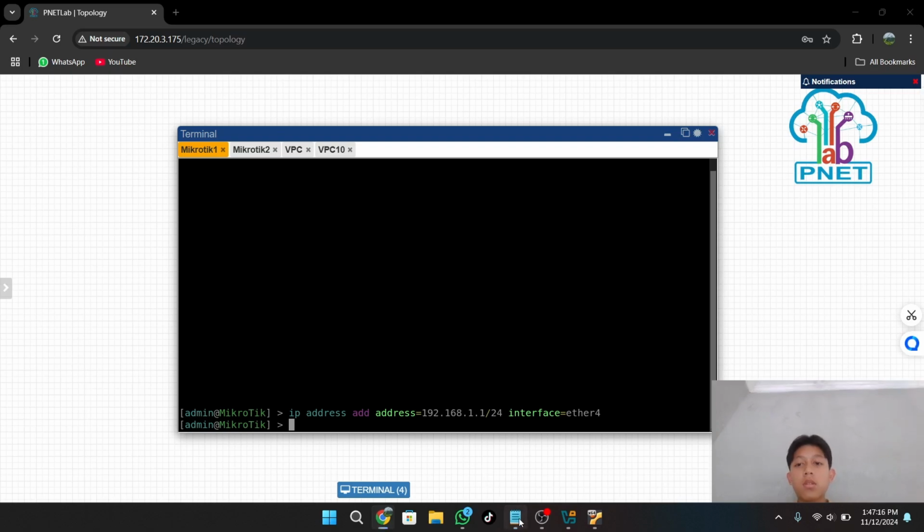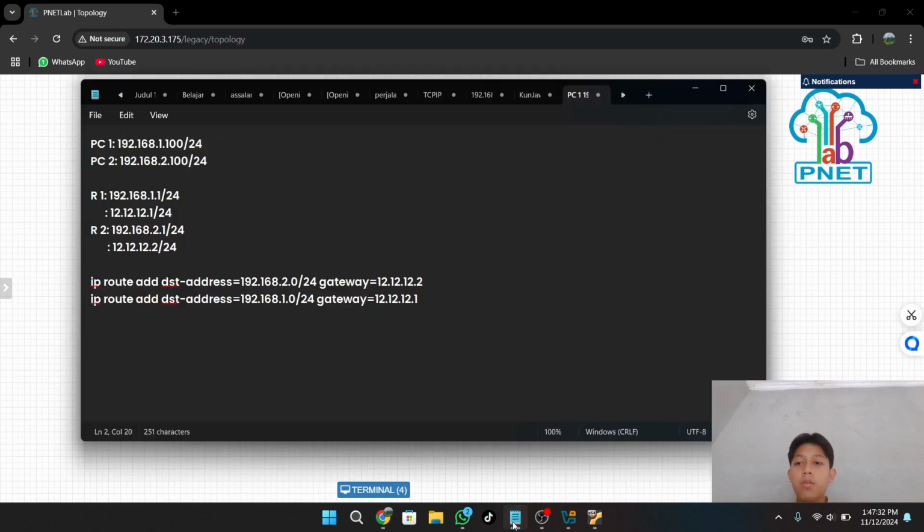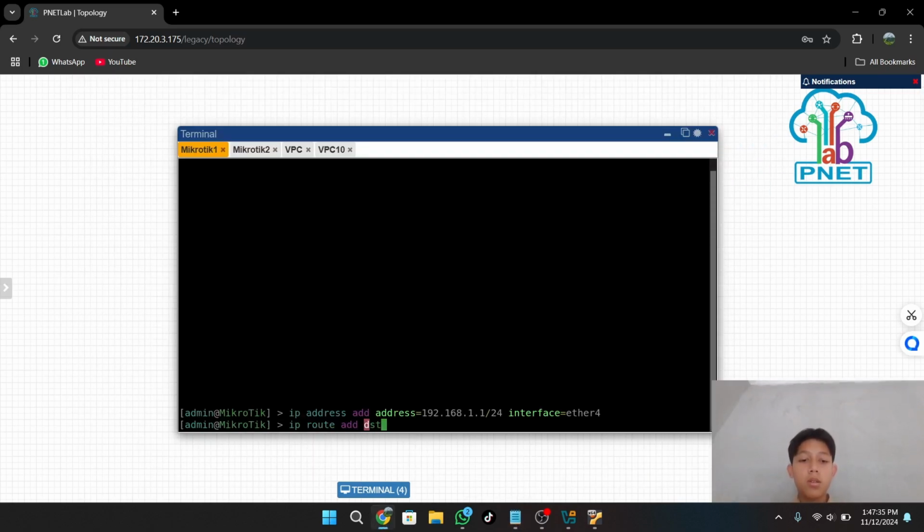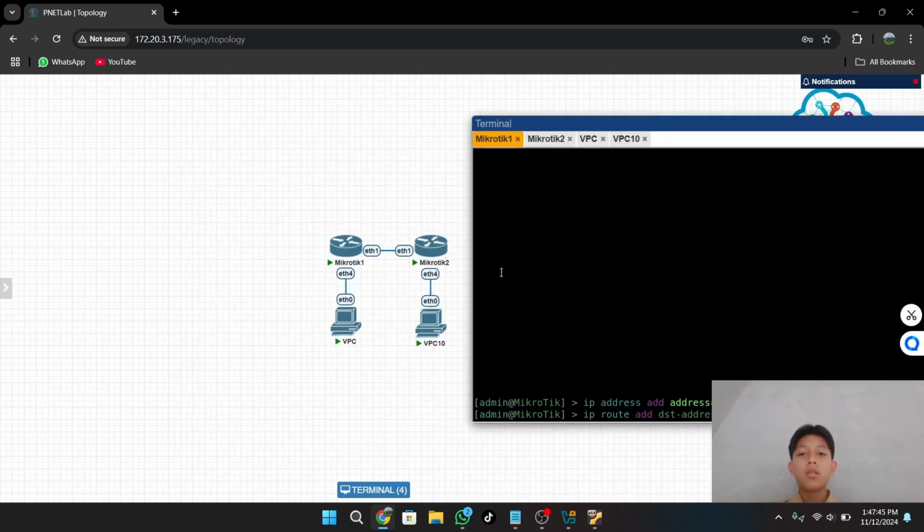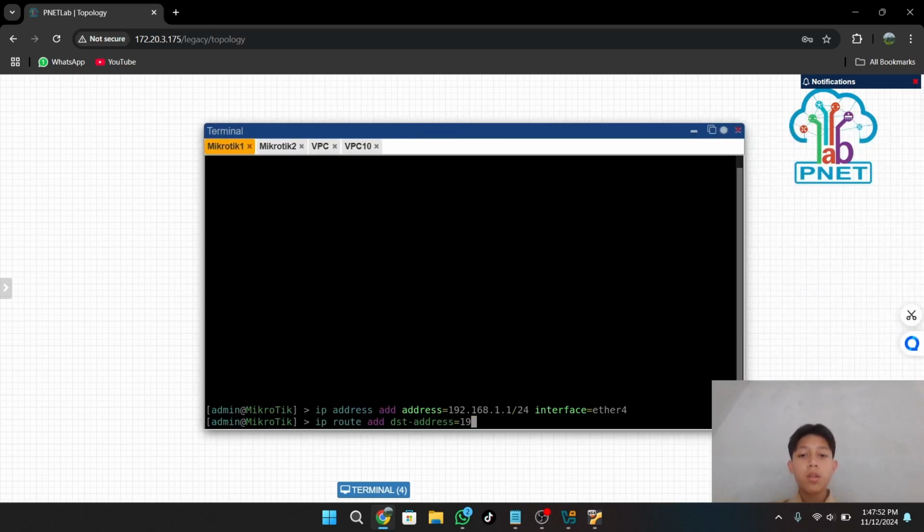For the static routing, it is ip route add dst-address, and the destination address is the network of VPC 2, 192.168.2.0 with prefix /24.